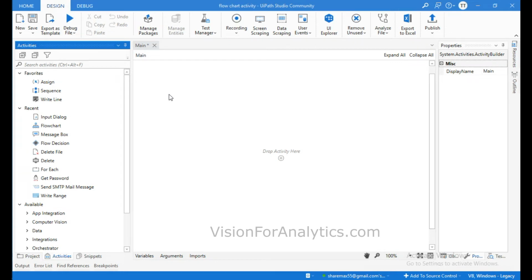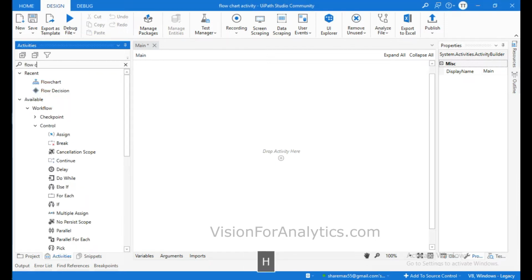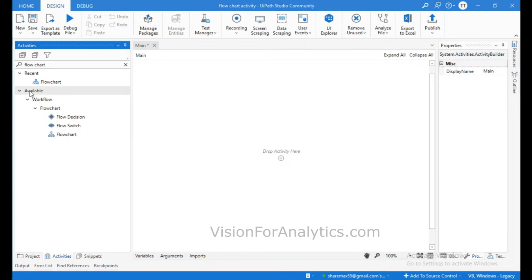Hello everyone, in this video we are going to learn how to find whether the user given number is even or odd using flowchart activity. For this, from the activity panel, search for flowchart activity. Under workflow, you can see this flowchart activity; drag and drop it in